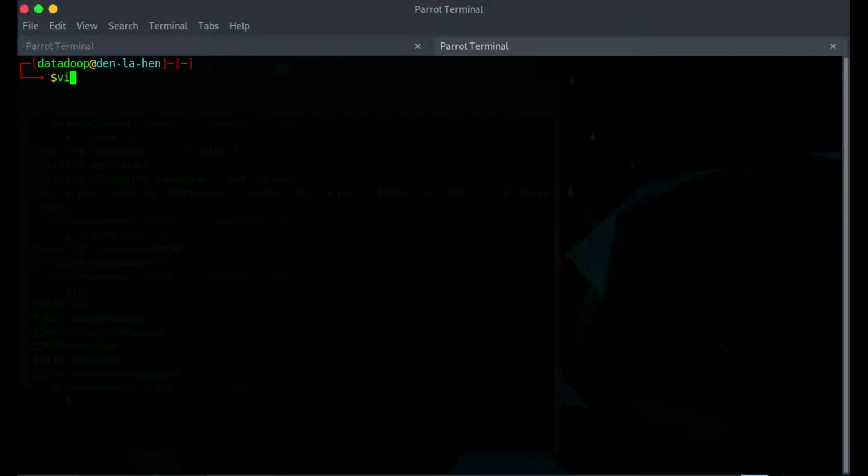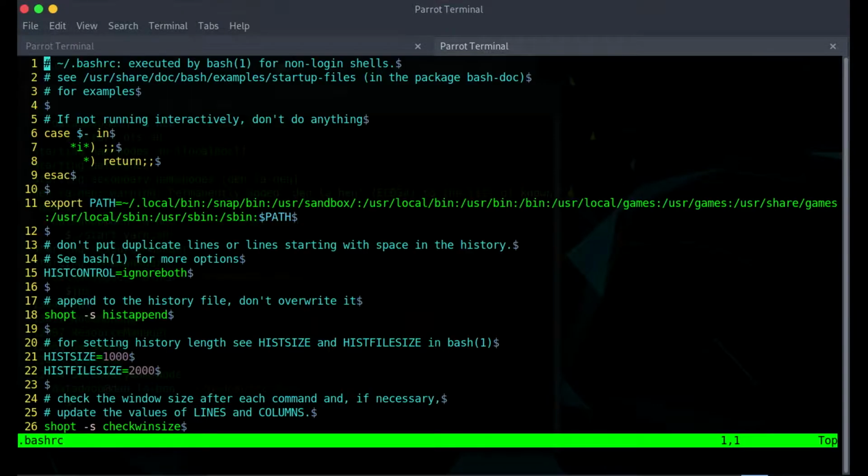We can simply type vi or vim, both are good. So vim space dot bashrc. You will get a huge program that's loaded by default if you open a terminal window.